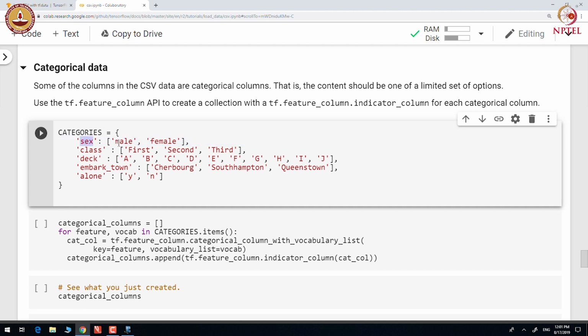For example, sex has male and female in it, class has first, second and third in it. There are A to J decks, then there are few embarkation towns, and alone has two values, yes or no. Then we take each of these categorical variables along with their vocabularies and convert those categorical variables into indicator columns using the vocabulary list.